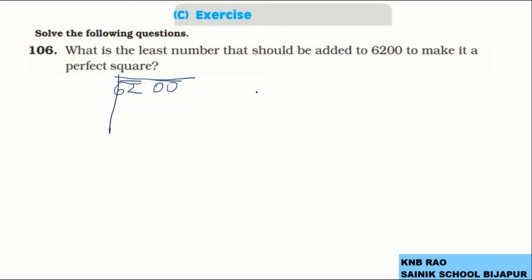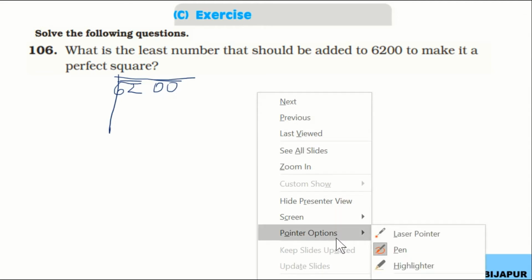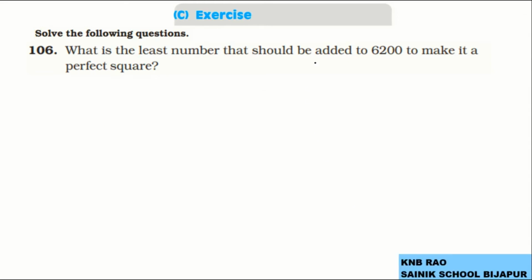Let me write it properly. Now let me take the first line, 6200, after making pairs. 62 is the first pair and 00 is the second pair,